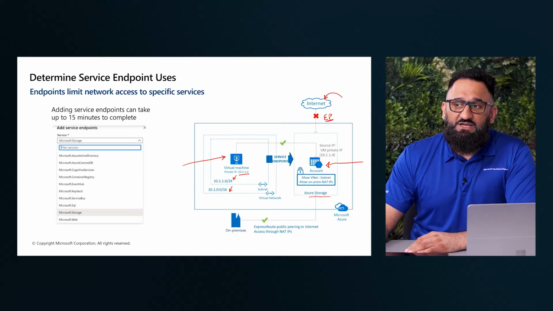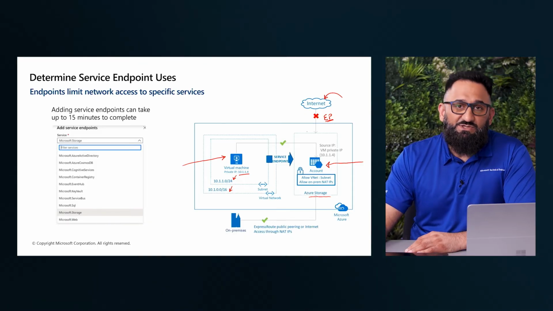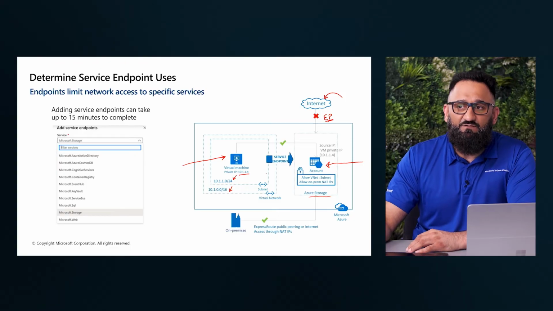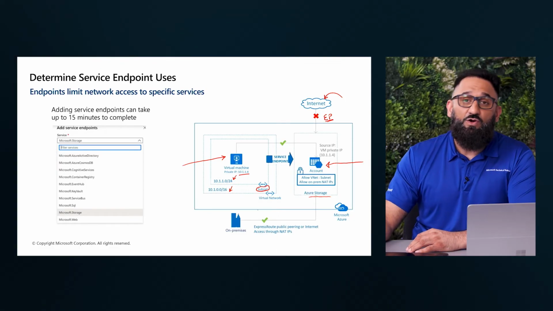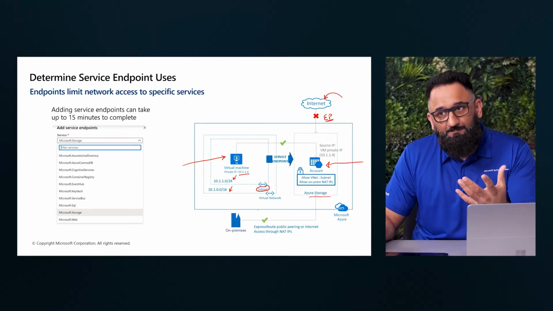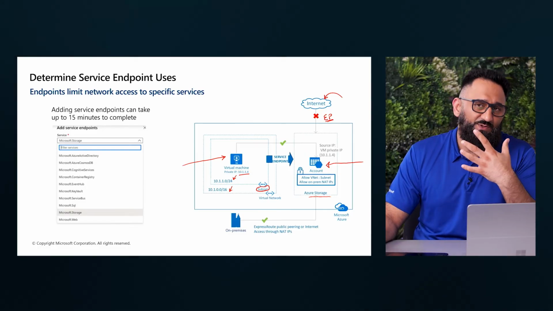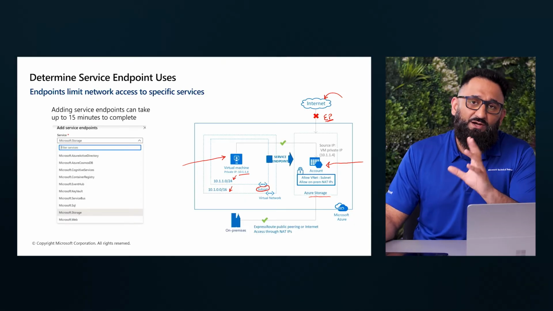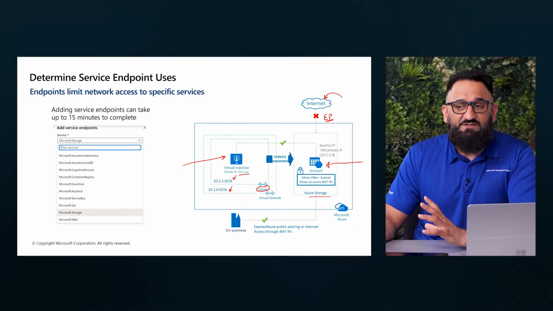Now, for me to achieve this, we simply need to ensure that we enable service endpoints for every subnet that we have in an environment. Now, if you are creating multiple virtual networks and you're creating VNet peering, bear in mind this service must be enabled per subnet to allow connectivity.